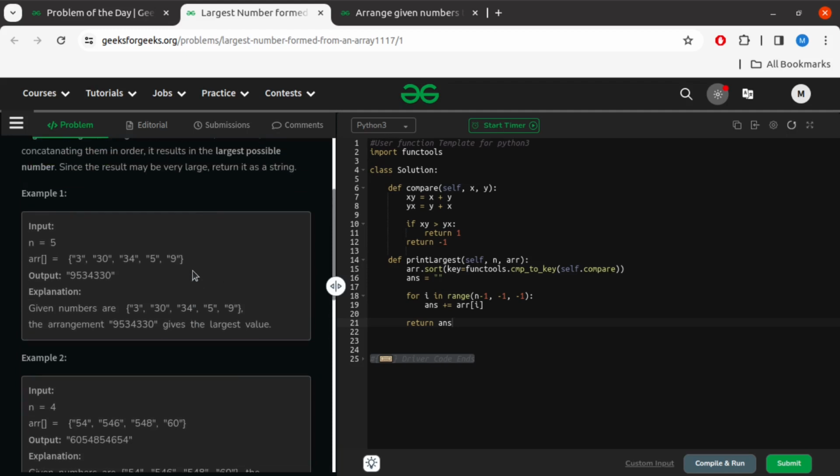So let us try to understand the problem statement with the help of an example. This is the array which is given to us and the size of the array is 5 here. Our task is to arrange the elements of the array in such a way that the number obtained is the largest. For instance, in this particular case, if we arrange the array elements in the order where the first element is 9, the second element is 5, the third element is 34, the fourth element is 3, and the last element is 30,